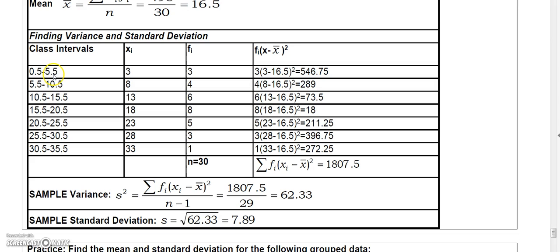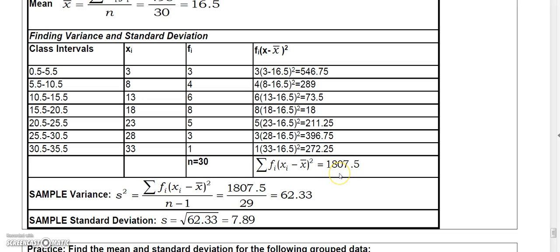So again, same class intervals, same midpoints, same frequencies, but here I have to take each value minus the mean, squared, and then multiply it by the frequency. So here you take the 8 minus the mean squared, multiply it by the frequency, 13 minus the mean squared, multiply by the frequency, and so forth and so on. And then once you get all of these values, you add them up and you get